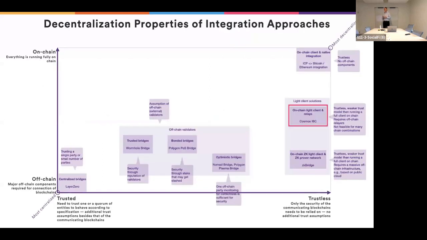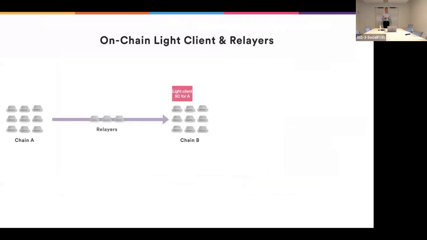Now let's move to the trustless approaches on the right. Let's first look at the light client solution, like the on-chain light client. So again, the two chains that need to be integrated, we now have relayers between them. That's a set of parties that don't need to be trusted for anything. They only need to be available to do their job of relaying artifacts from A to B, namely consensus artifacts